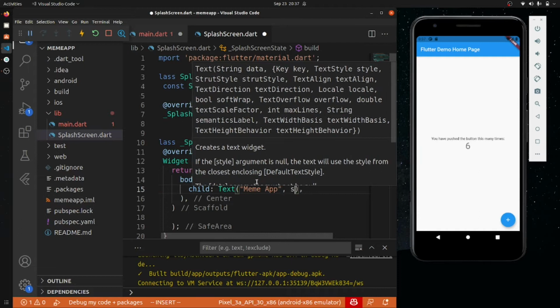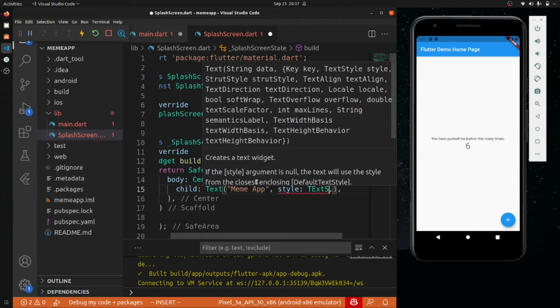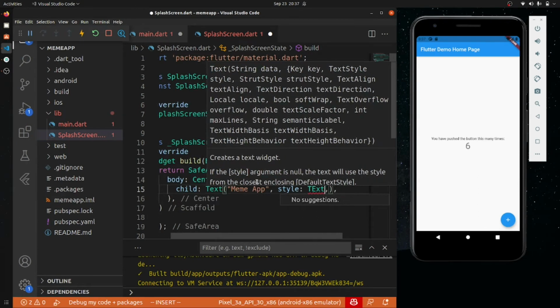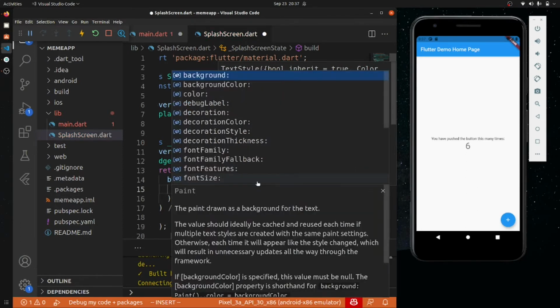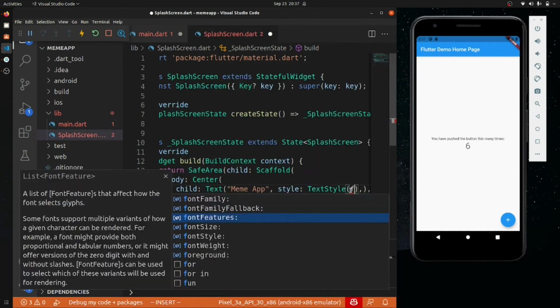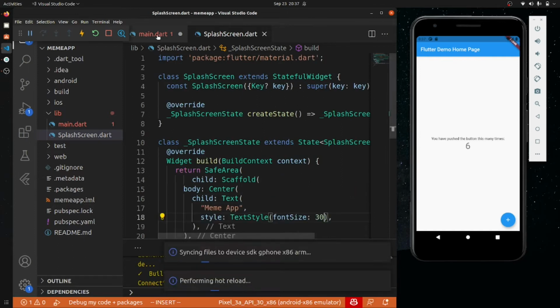We'll give it a text style, with font size 30, and nothing more than that.